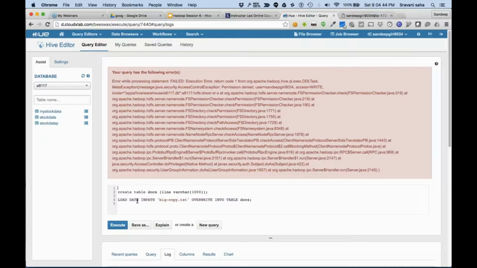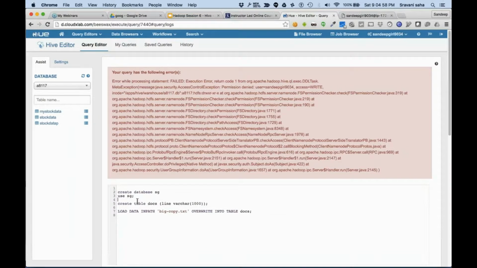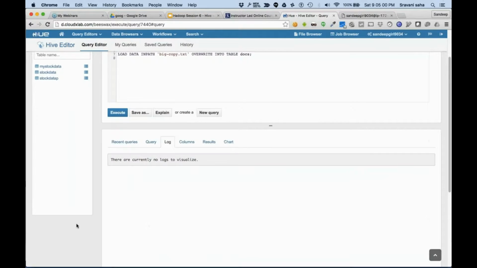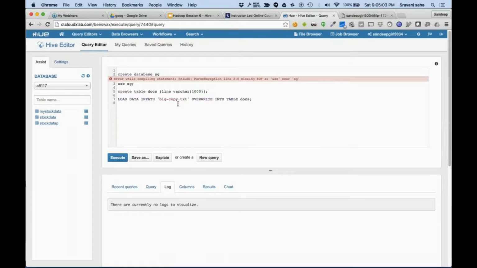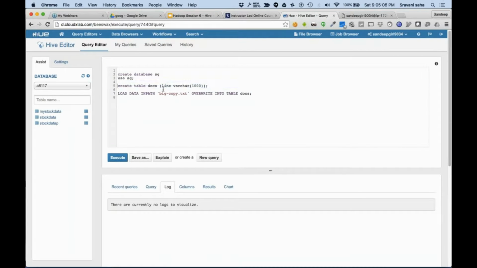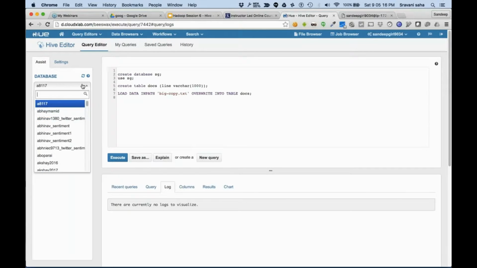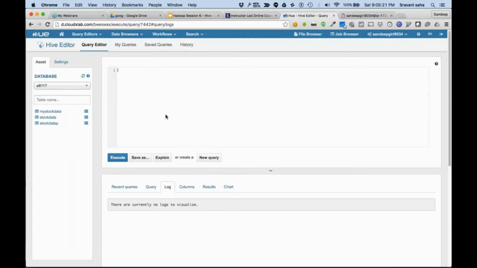I could create a database called SG, and use the database called SG.